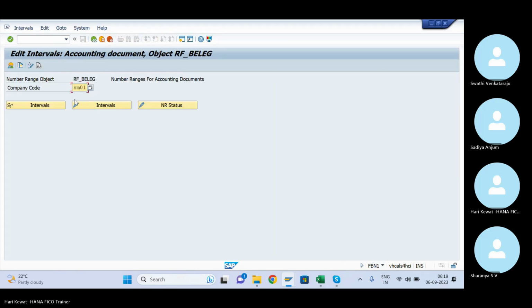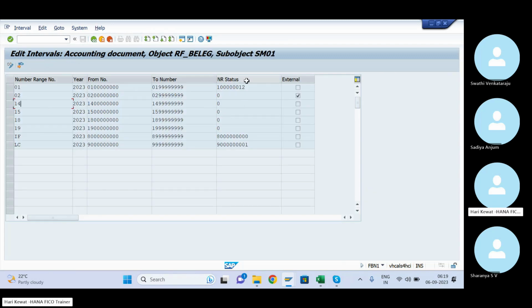The document got generated, and it is coming from FBV1 only. If you go into it, this document got generated, document type SA, 12. The document is generated, but there is no accounting entry.